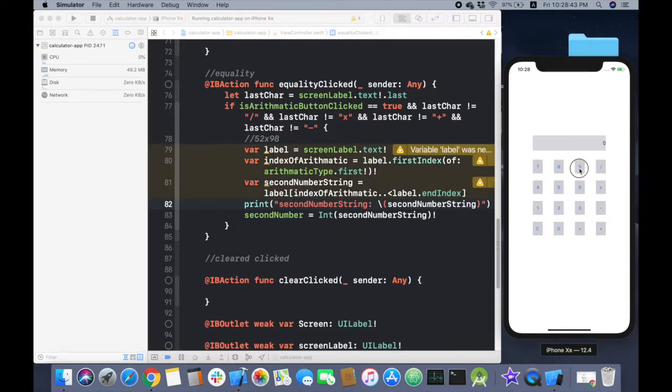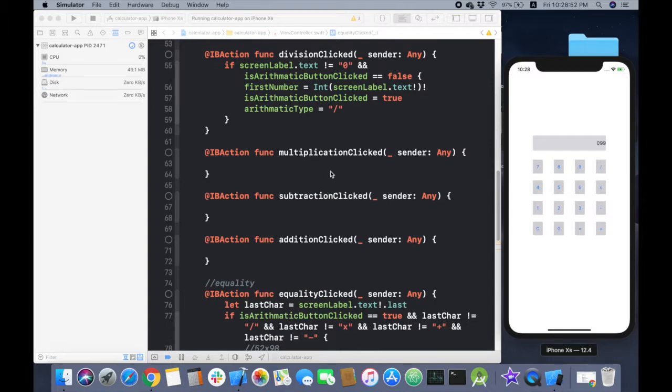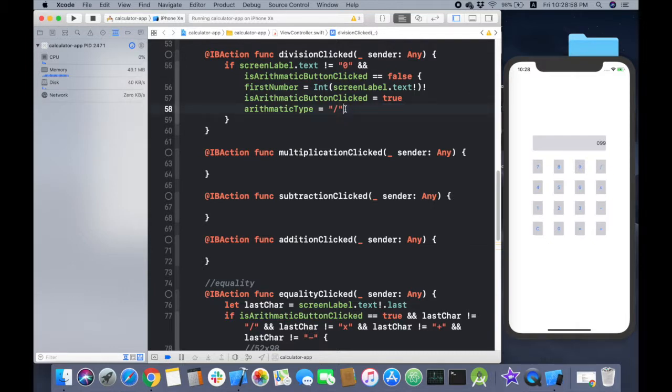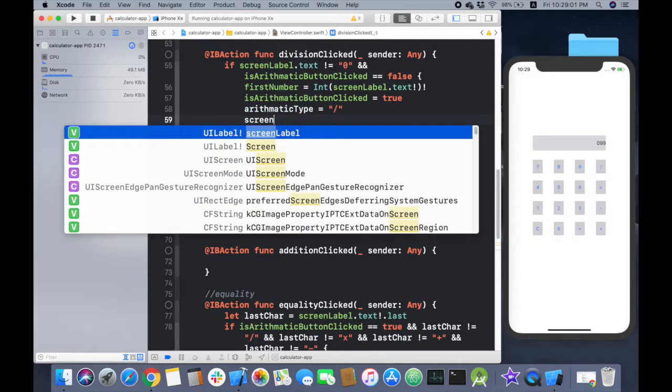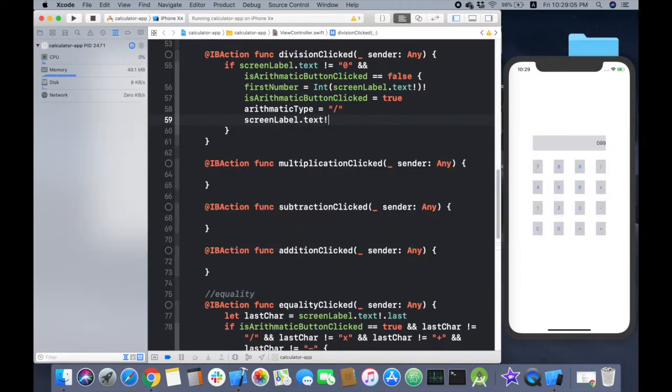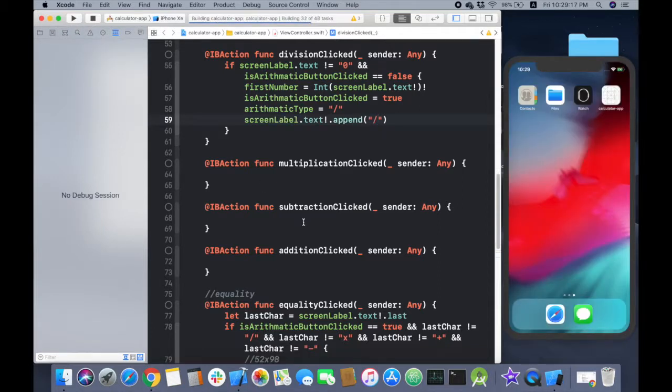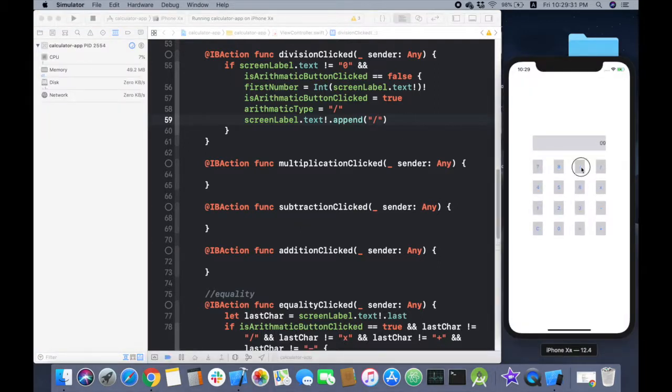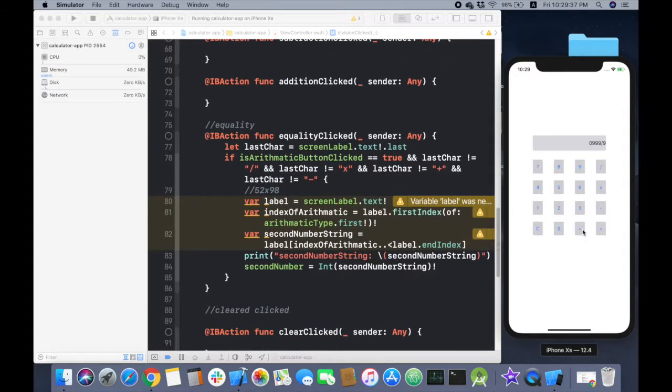So 9, division, we have, yeah, there's a problem. We need to append division to it. So label screen label dot text dot append division sign to it. Okay, so 999 divided by 9 and is equal to,